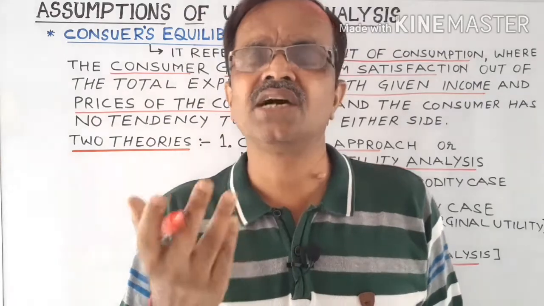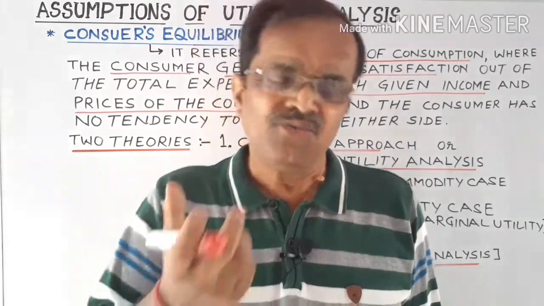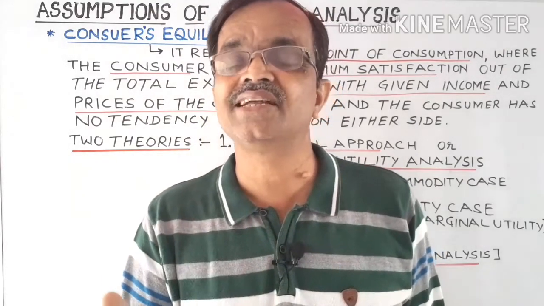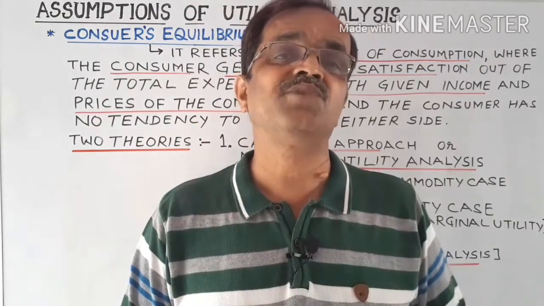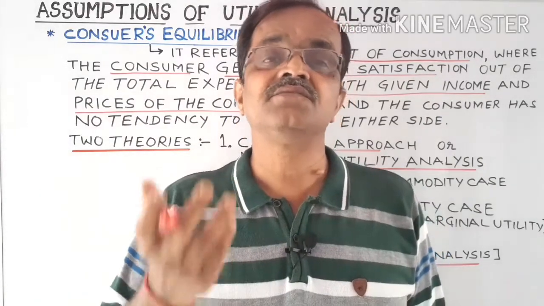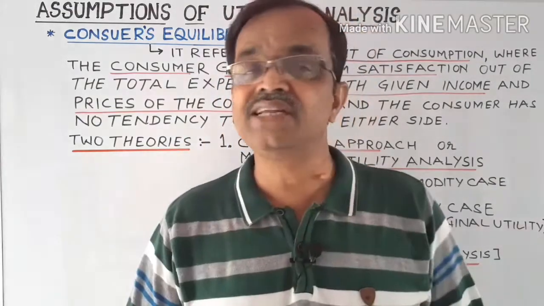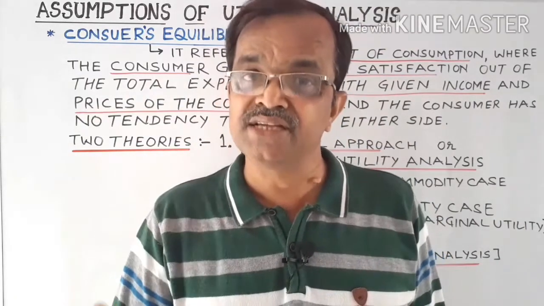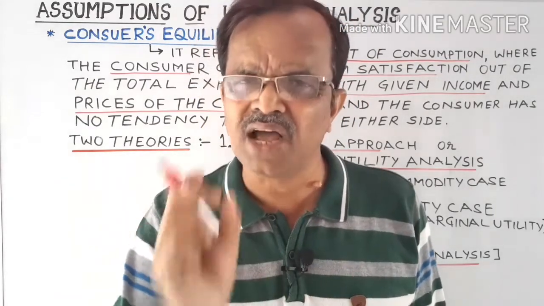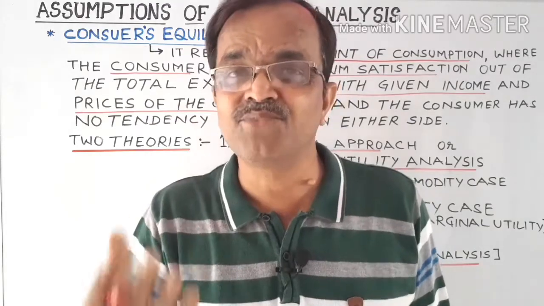Suppose a consumer is consuming a commodity and getting satisfaction from the different units of the commodity. One point is reached where the consumer finds that he or she is getting maximum satisfaction out of the total amount of money expenditure on the purchase of the commodities. Then that point may be termed as the point of consumer's equilibrium, where the consumer would not have any tendency to shift on either side. That is, if the consumer thinks that he would not decrease or increase the consumption of the commodity by even a single unit, then that point of maximum satisfaction may be termed as the point of equilibrium for